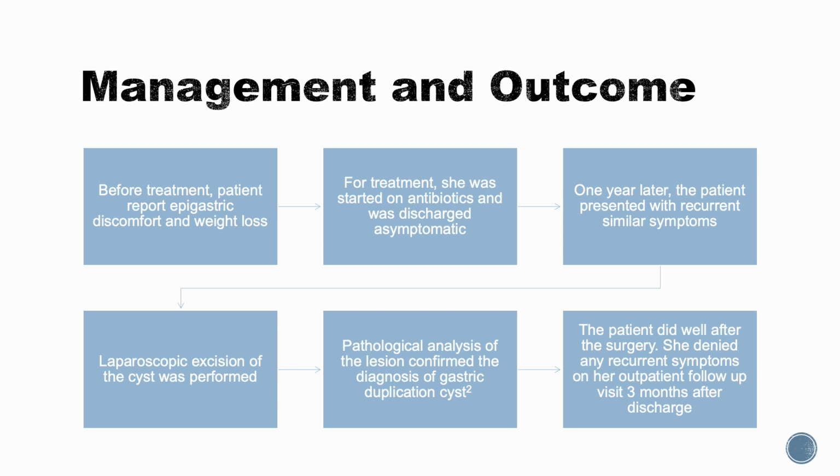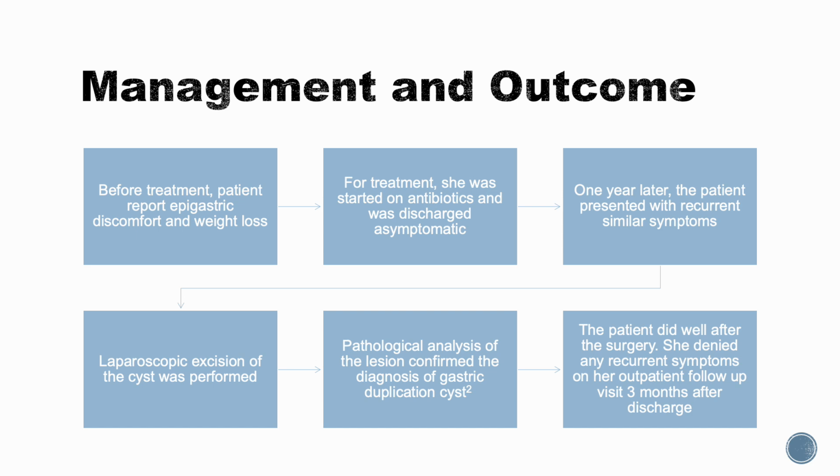of the symptoms. 1 year after, the patient presented again with recurrent similar symptoms including abdominal pain, intermittent vomiting, and streaks of blood. Laparoscopic excision of the cyst was performed successfully with no post-operative complications. The lesion showed an identical wall as the gastric wall. It was found adhering to the greater curvature of the stomach at the inferior antral and pyloric border with no